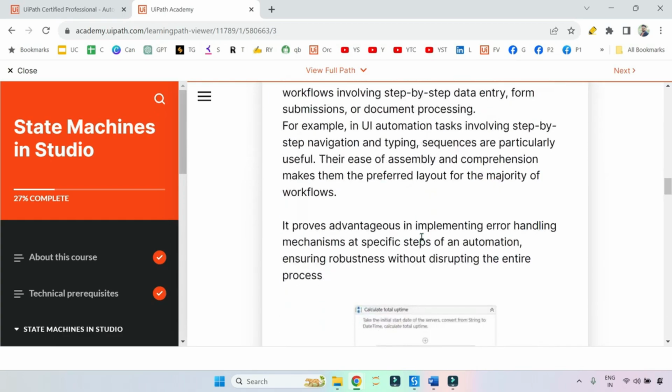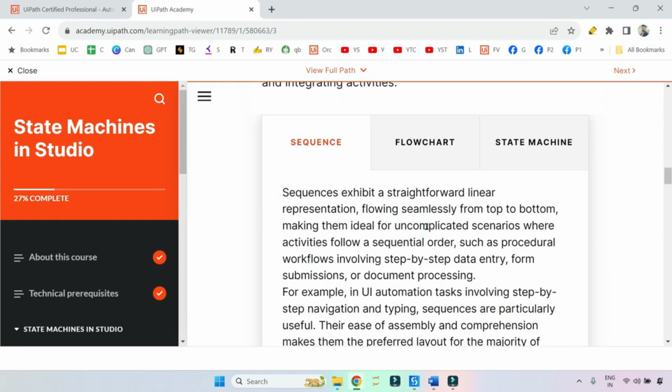Now sequence, there's an entire big paragraph. Now what is very important, I'm going to tell you. Sequences exhibit a straightforward linear representation. This word linear representation is very important. You might get a question saying linear representation, which one you should pick, sequence, flowchart, or state machine. Then you would say sequence. When you see this word linear, linear means what? Following seamlessly from top to bottom. Okay, this is also another word, top to bottom. These keywords are very important,